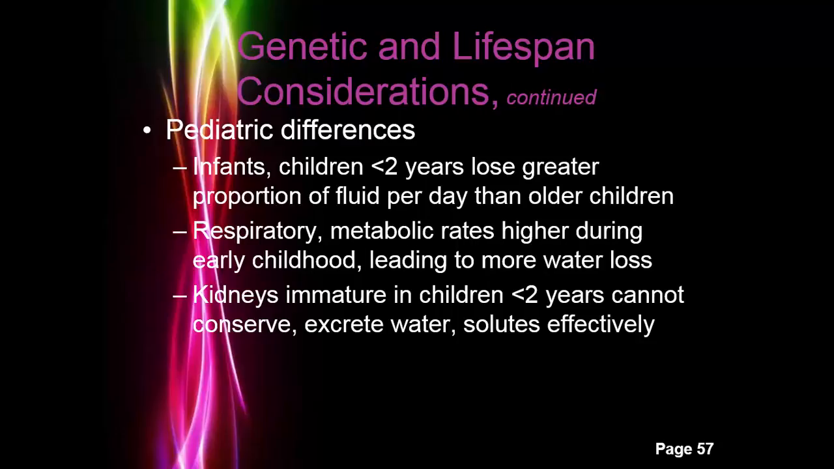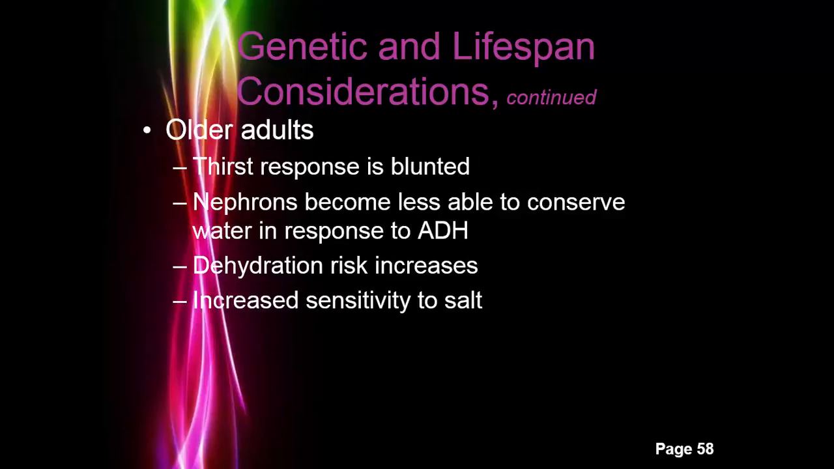Your respiratory and metabolic rates are higher during early childhood, leading to more water loss. Because of this, the exercising child dehydrates easily and must consume more fluid during physical activity, particularly in hot weather. The kidneys are immature in children less than 2 years of age, so they cannot conserve or excrete water and solutes effectively. Infants and young children dehydrate or develop electrolyte imbalances very quickly, so that is something that you need to be aware of. Older adults,